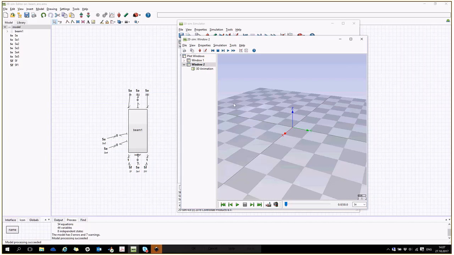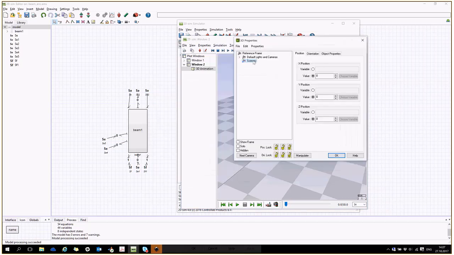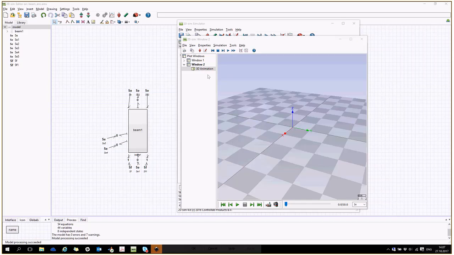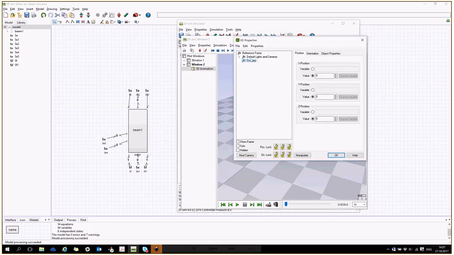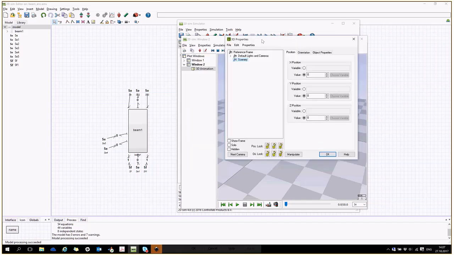So I'll use a beam element, a line element, to describe my beam. You can just double click this 3D animation plot, and you have this. You can set your cameras from here, how it looks on your screen, and I'll have to put some elements to describe the motion. So what I will do is, on the scenery, right click,